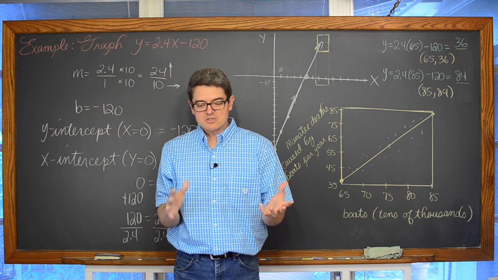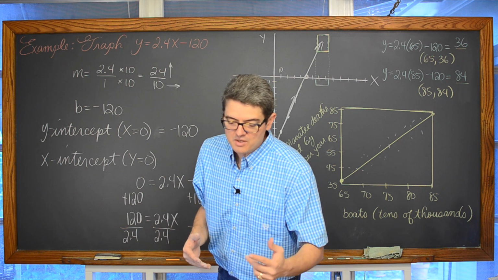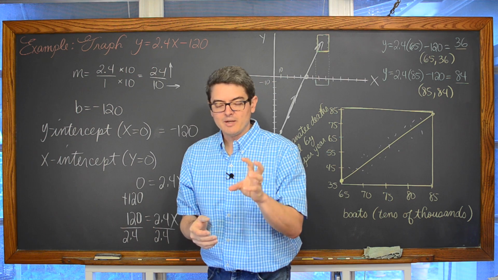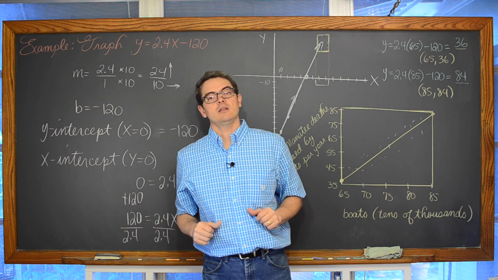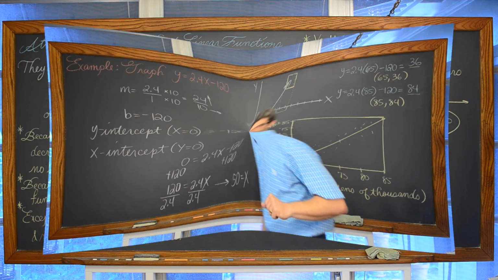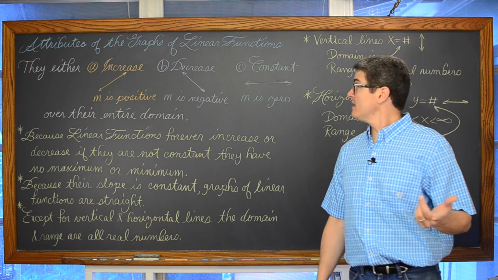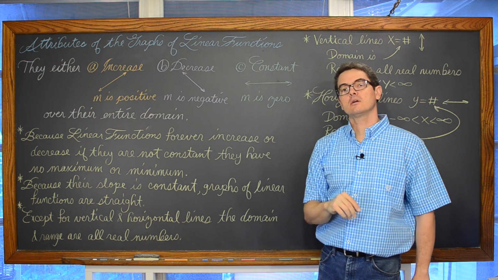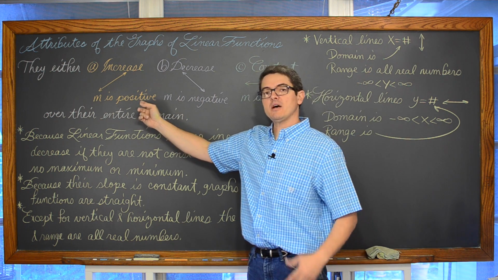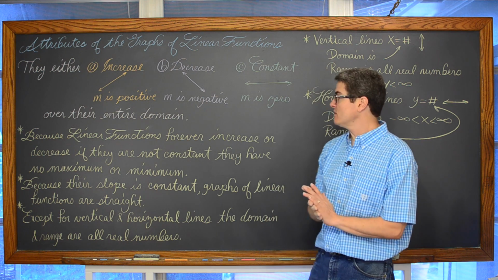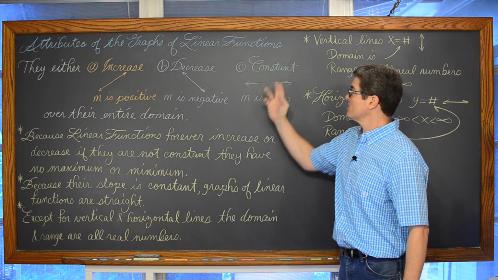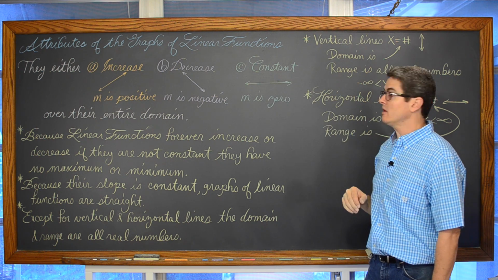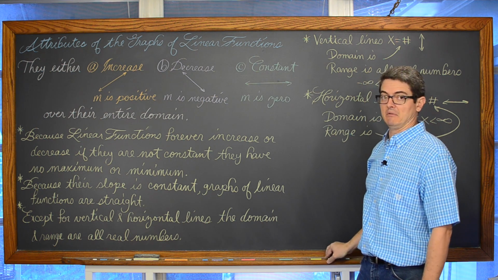All right, we're going to move on to just a little bit more about increasing and decreasing. I kind of already said this a little bit, but I'll put it in formal language and give you a little more information about vertical lines, and then we are going to be done with our lesson. Attributes of graphs of linear functions: they're either going to be increasing, decreasing, or constant. They're increasing if m, the slope, is positive, decreasing if the slope is negative, and if m is equal to 0, it's said to be constant, where x is changing and y is like saying, I don't care.